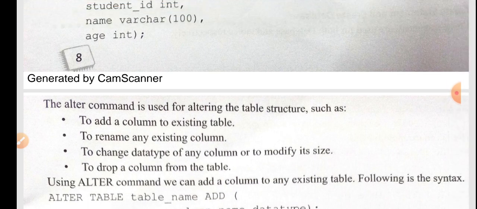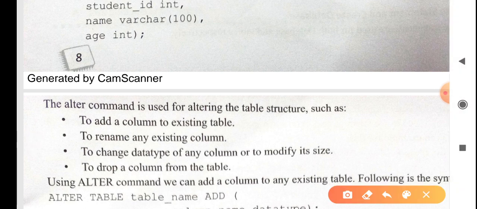Now, the next topic: what type of alteration or updation you can do in the table. First, you can add a column to the existing table.